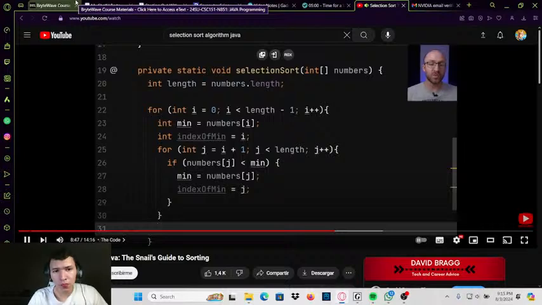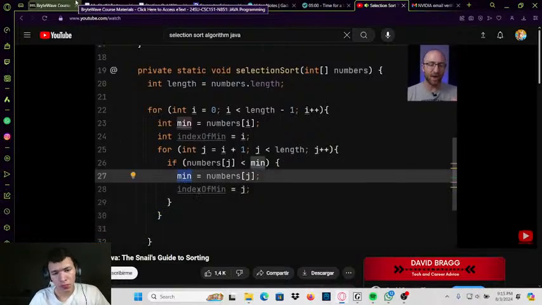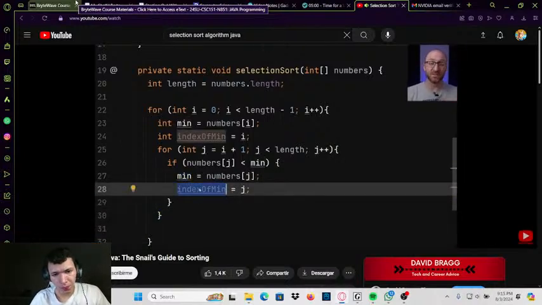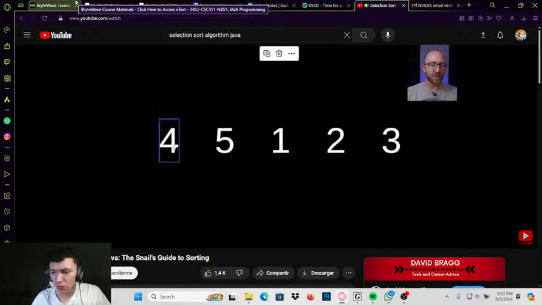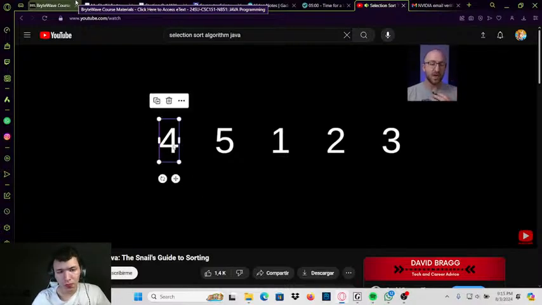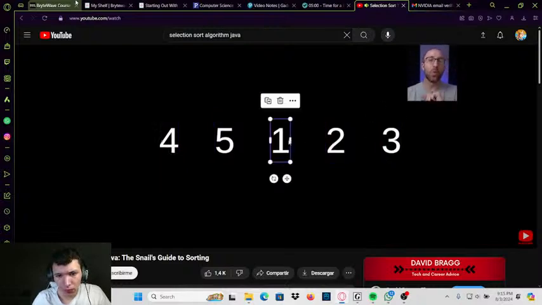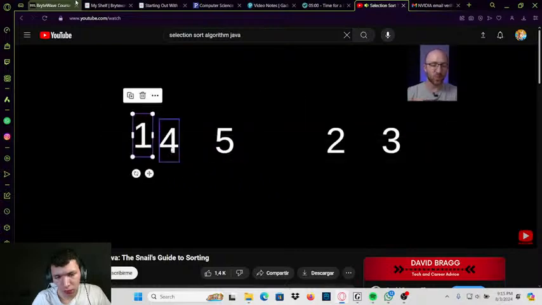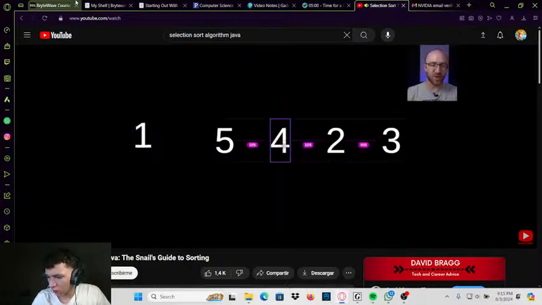popped out of this inner for loop, we should have found our minimum number and we should know exactly where it is. So going back to our example here, let's say we were starting with this number 4 and we loop through the entire rest of the array to find the minimum, and we've identified, oh, 1 is our minimum. So we want to take where we found that minimum and swap it with the number that we were starting